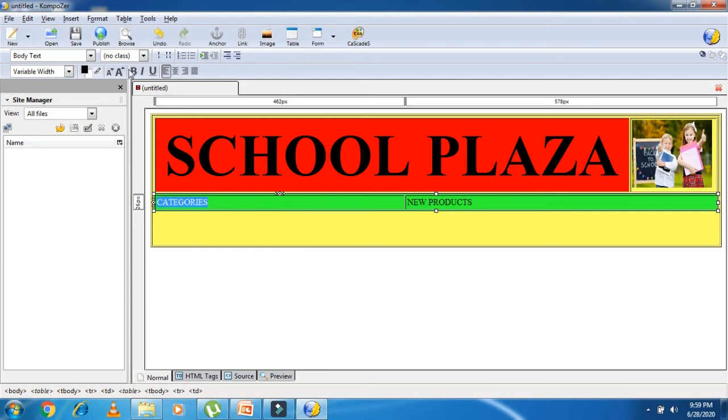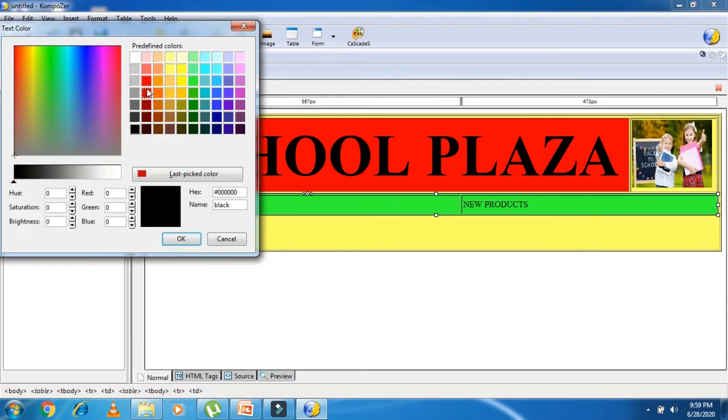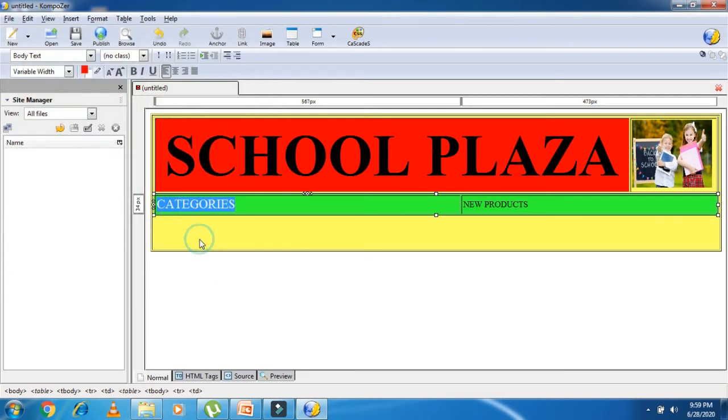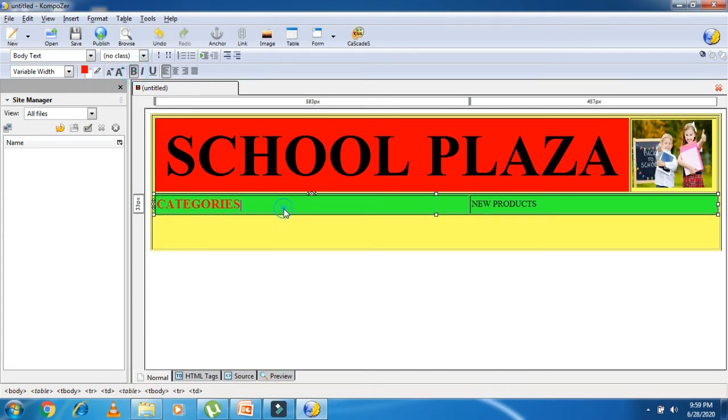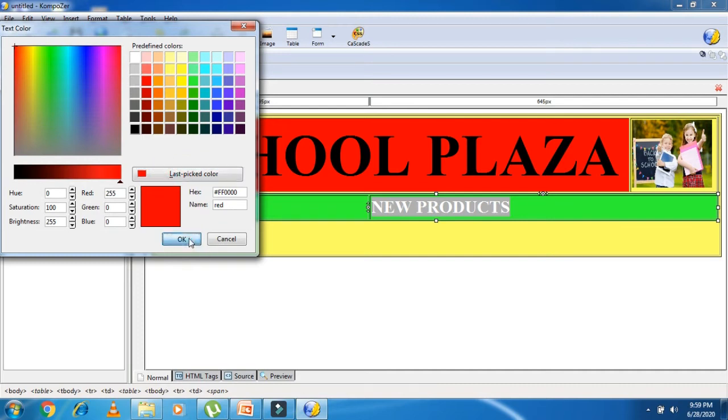Okay students, now here I have to increase the size of the text. So I will select it, increase the size. If I want to change the color, I can change it from here, and I set it red and make it a little bit bold. Okay, now here also new products, I make it bold, increase the font size and color also red.